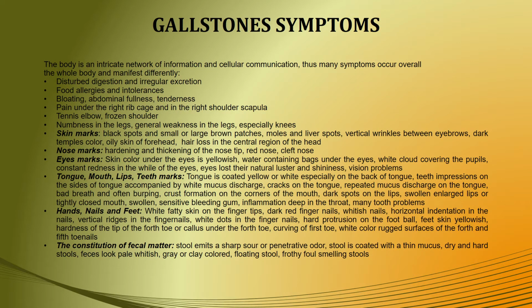What are the symptoms you should be on the lookout for when it comes to gallstones? Well, your body is an intricate network of information and cellular communication, as we know, and thus many symptoms occur over the whole body and manifest differently, but still some of the symptoms might be disturbed digestion and irregular excretion, food allergies and intolerances, bloating, abdominal fullness, as well as tenderness, pain under the right rib cage and in